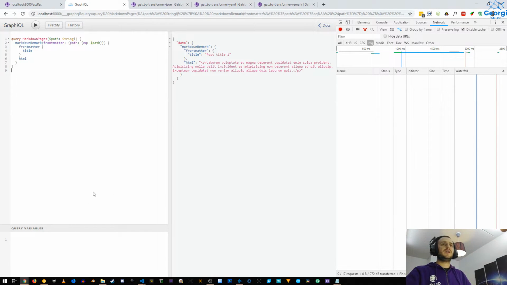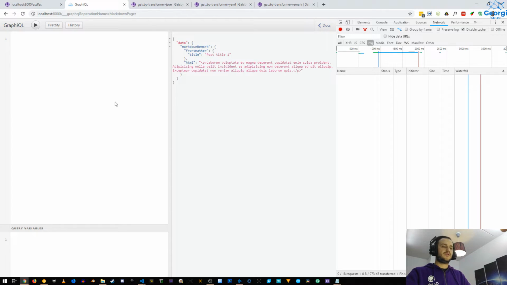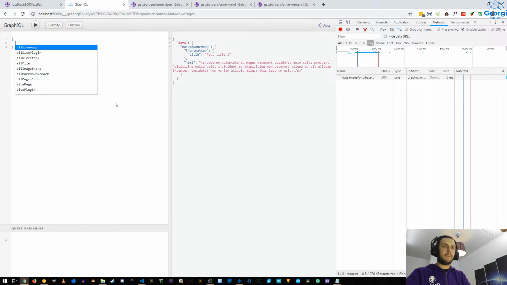Let's get rid of that, and let's write a new query. Let's see what we have available by pressing Control+Space on Windows, or I think Command+Space on Mac, no, it's probably still Control+Space on Mac as well. You get this autocomplete. So now we're looking for